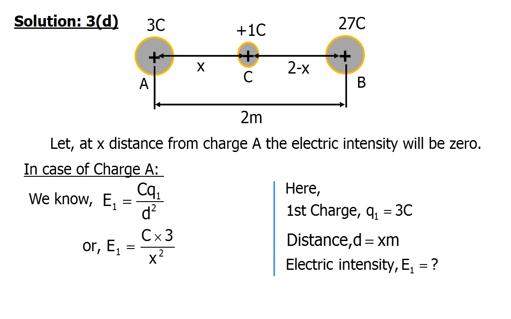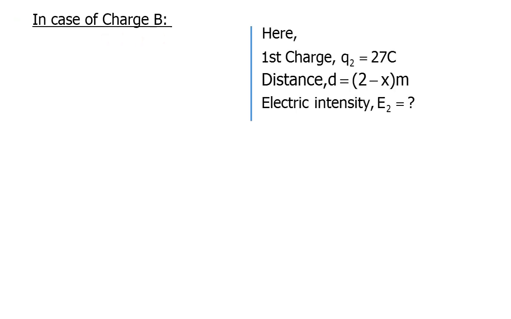After putting the value of Q1 and d, we can write E1 equal to k into 3 divided by x square. Replace Q1 with 3, replace d with x. Now in case of charge B, the second charge is given here as 27 coulomb, the charge at point B, and the distance between B and C is 2 minus x, and the electric intensity for point B